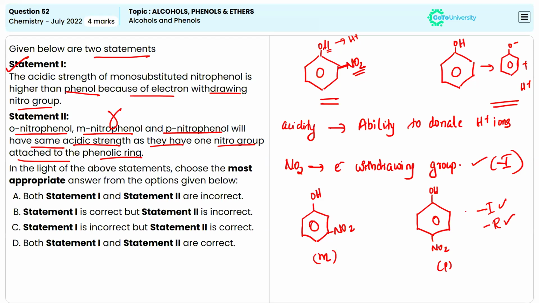So due to both these effects, the acidic property of these two will usually be greater than that of the... it means the meta-nitrophenol is only